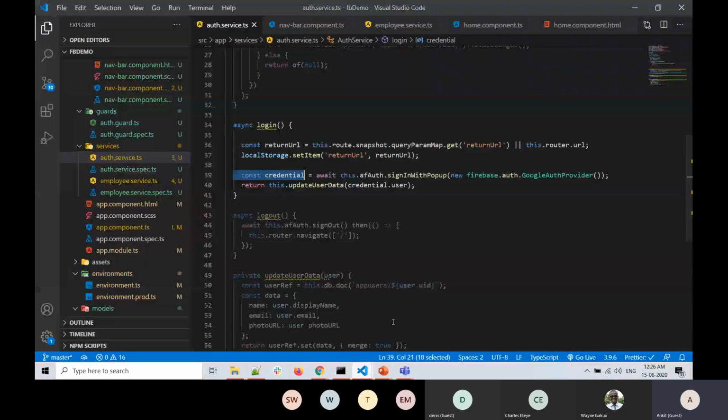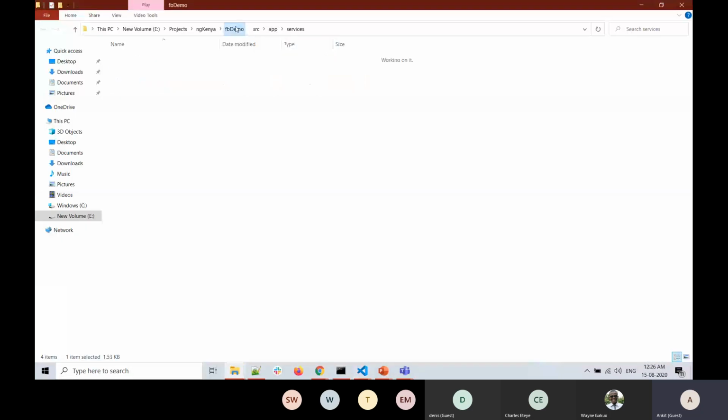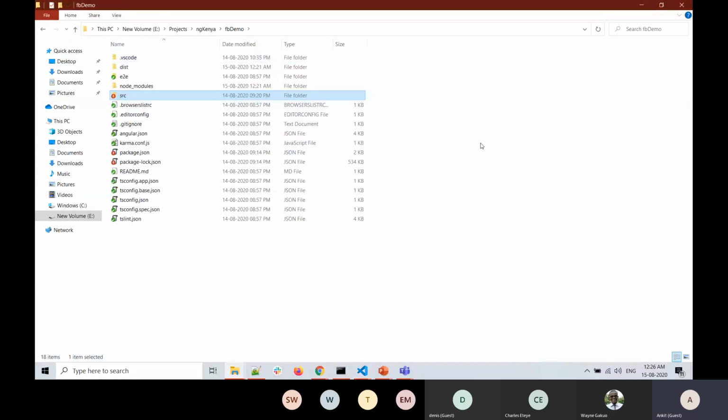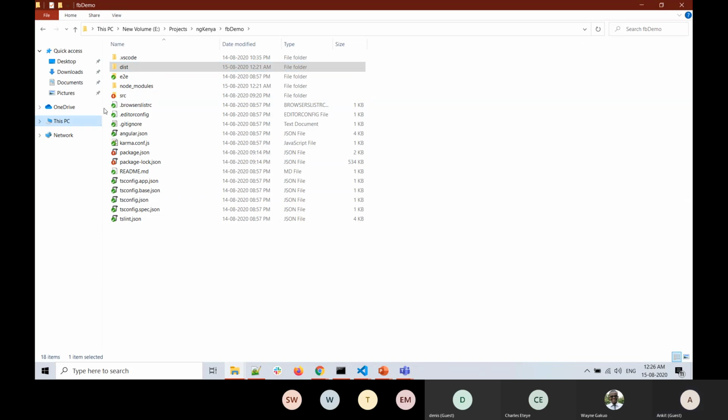Now let's discuss that dist folder I talked about. Let's open the application here. Let's open the folder. This is my project root folder. Here you can see there is the dist folder. Dist means distribution. Here distribution means we have created a production build, which means I am interested in distributing this application to the world. That is how the dist folder is referenced. When you create a production build, it will be created automatically inside the dist folder.